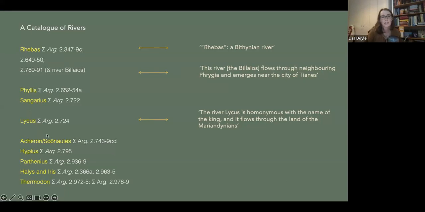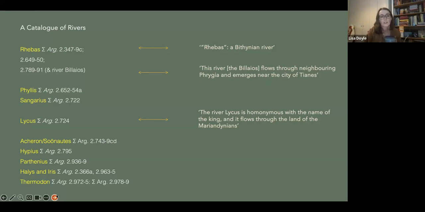In a lot of these other cases, we have what are called etymological etiologies. So it's the cause, the origin of the name. As I said, that interest in naming is really important. What these stories are doing is lending a wider importance to these landmarks, anchoring myths to realia, essentially. This is how the commentators are orienting themselves in relation to all of this mythical and historical material in Apollonius's poem.